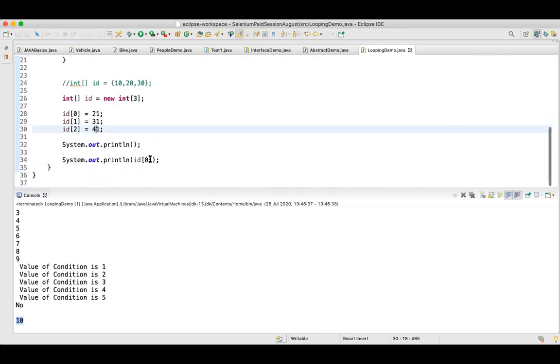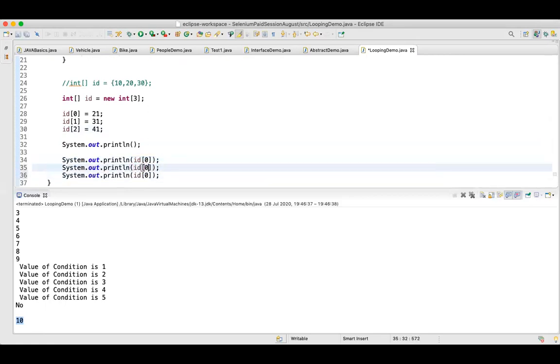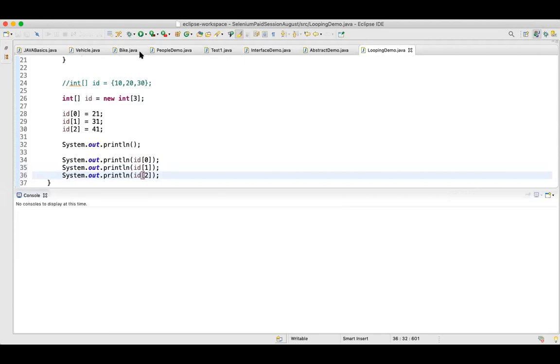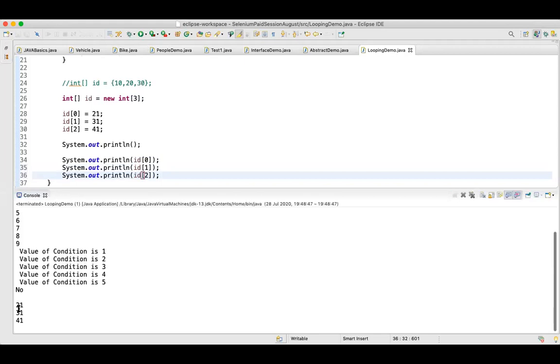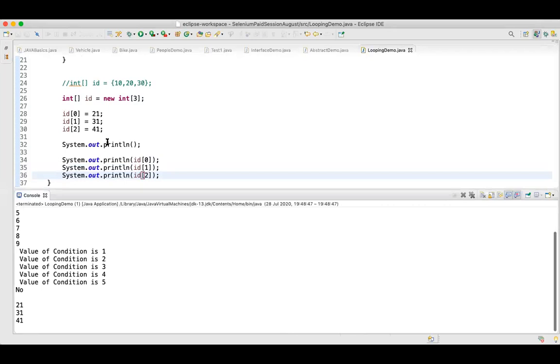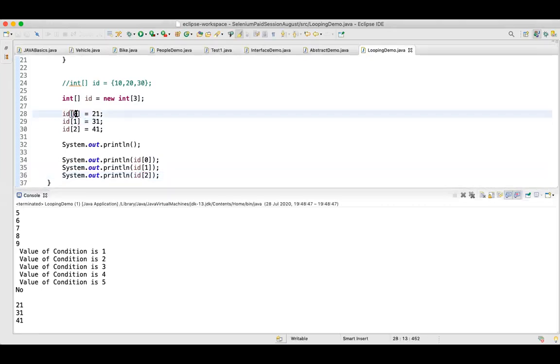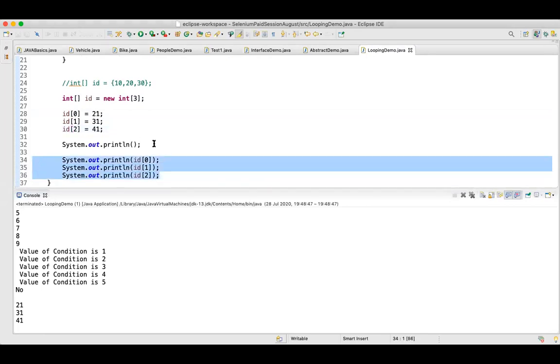Okay, and for executing also, I can print ID of 0, ID of 1 and ID of 2. Now when I run this, see, it's printing 21, 31, and 41. So I am assigning the values at the 0th position, 1st position, 2nd position, and then printing them.